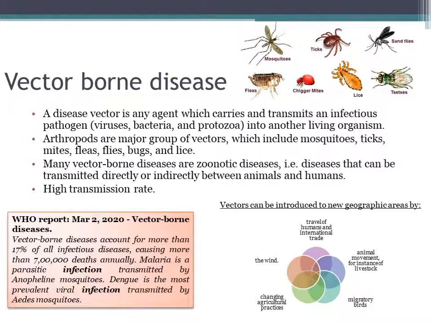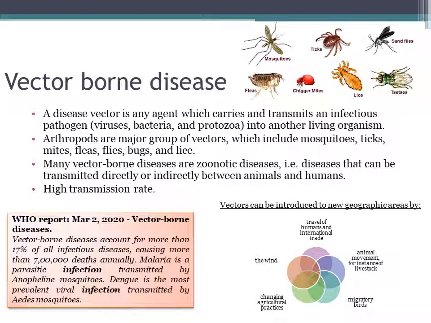Next, coming to vector-borne diseases. Vector has different definitions for many people. Here, a vector is a host or an agent which can carry and transmit an infectious pathogen into another living organism. And definitely, of the vectors studied,